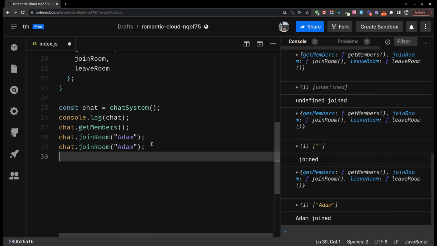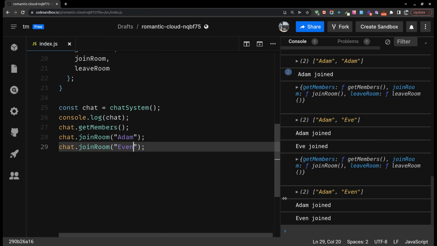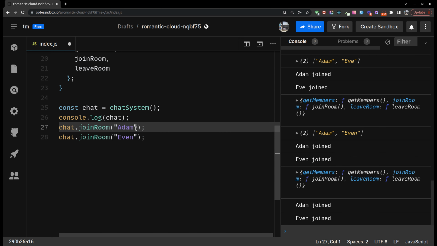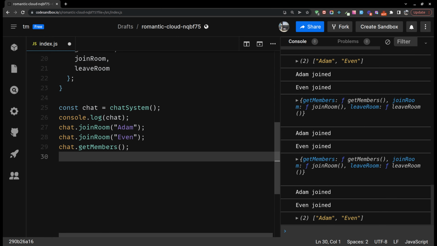Similarly, if I add Eve, we will have Adam joined, Eve joined. And after that, if we try to print the members, even after the execution, we are able to access